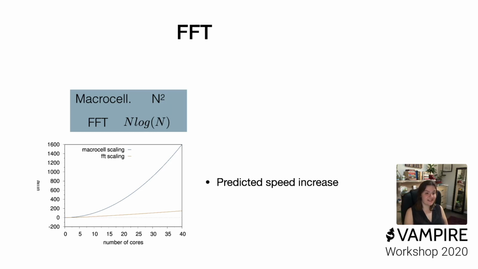So this is the predicted speed increase compared to the macrocell. The macrocell should scale with n squared, and the FFT should scale with n log n, so it should be much, much faster. Okay, so this has just been a short introduction to how to use the dipole fields